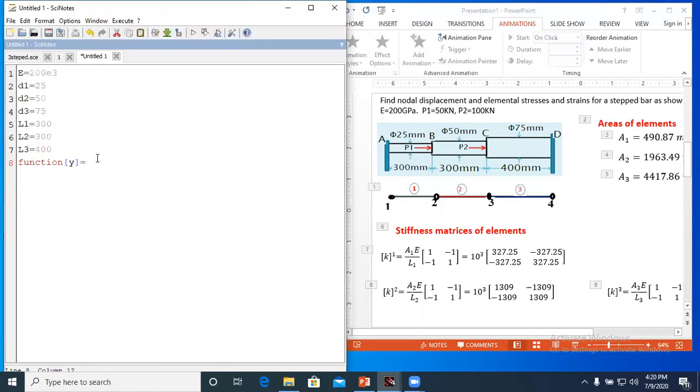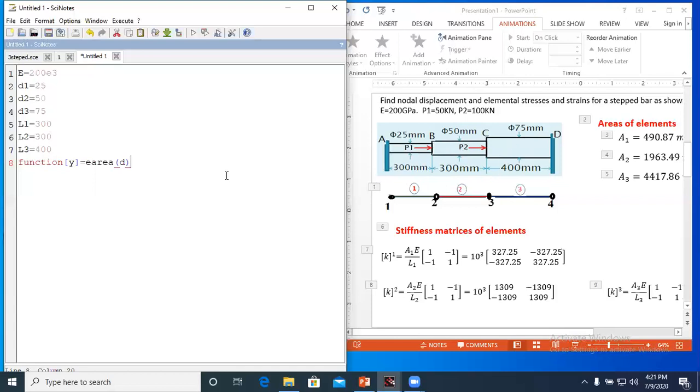So first you write the function name and then you write the arguments, that is formal arguments. That is I will write the function E area, that is area of the element, and in arguments you write d because we need the diameter as the argument, because we are going to calculate the area for first element, second element and third element. Now while calculating the area for first element, we are transferring the value of diameter d1. For second element, this actual argument is diameter of second element, that is d2. For third element, diameter is d3.